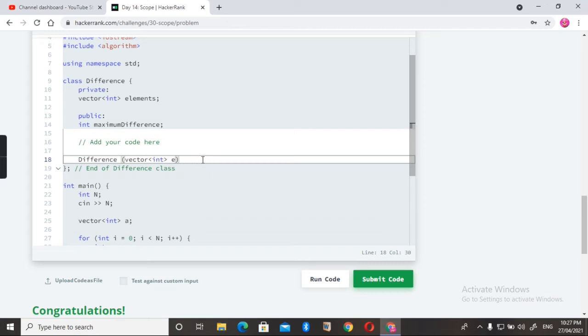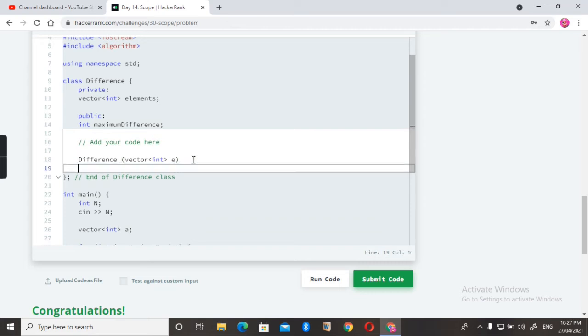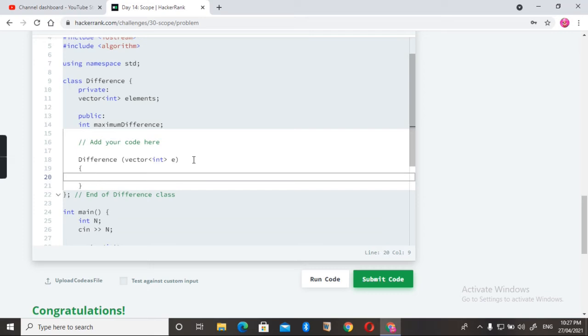Okay, let's just name it as vector E. Now we need to save it to the elements like this. Elements is equal to E.